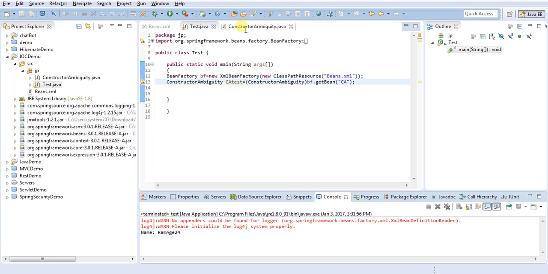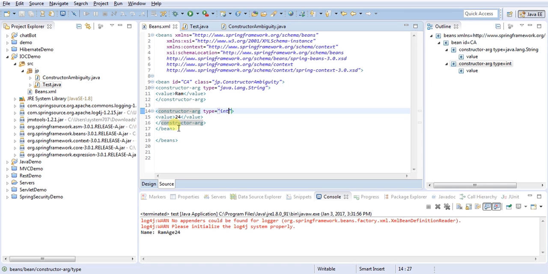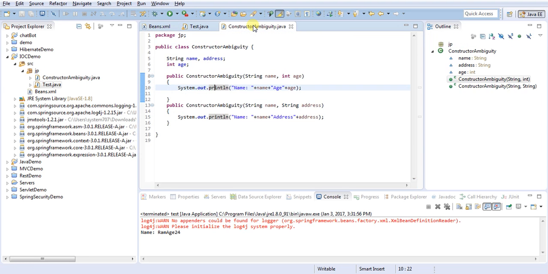So for calling a particular constructor, you need to mention the type of that argument. That way we can handle this ambiguity. And one more thing, if I do one more change in this,